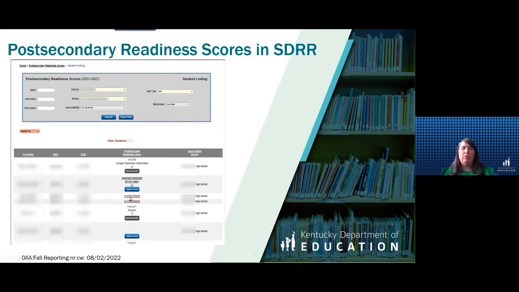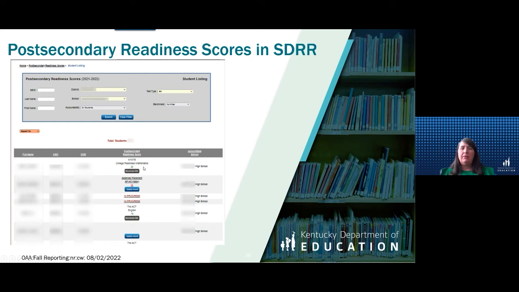If you double click on that underneath post-secondary readiness scores, you'll be able to change that to upload that score report, and it'll show in progress. If a student met it, it'll show what it was.